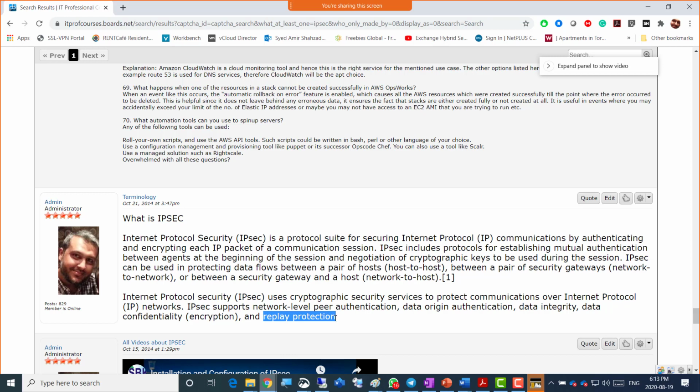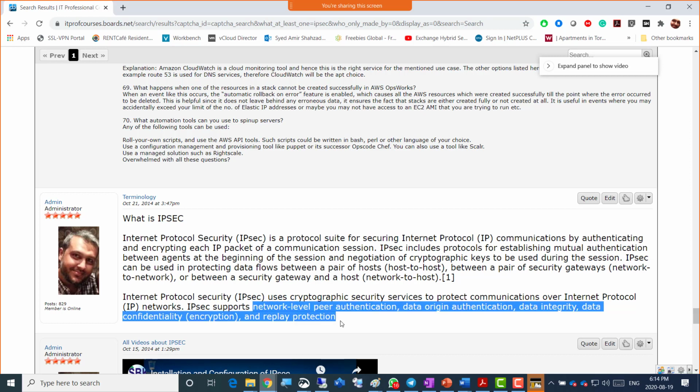And then replay protection. Suppose you're connected, and all of a sudden you got disconnected for a second and then reconnected again. But it could be that a hacker is impersonating your connection, and the source has changed. In fact, the hacker caused that disconnection, and you're thinking you're still connected to the same correct origin or source. So with replay protection, hackers can also impersonate, saying, hey, I'm the same source, while it's not. So IPsec tries to protect from several types of known attacks and